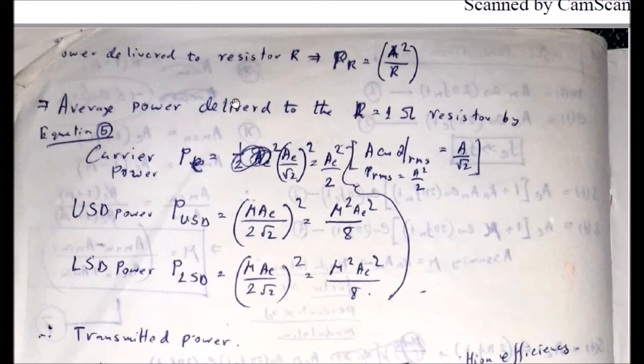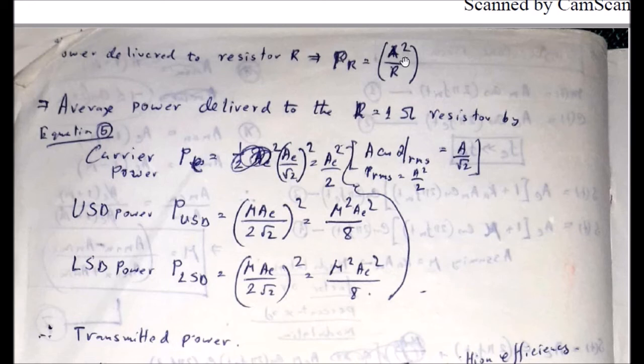Okay. Now see that, suppose power delivered to a resistor R, P_R. What is that? Amplitude square divided by R, where R is the value of that resistor. If you connect one A cos omega t source to a resistor of R, then that source will deliver the power of A square, amplitude square divided by R. This amount of power will be delivered to the resistor R. If the value of the resistor is 1 ohm, that means for unit resistor, the average power delivered to unit resistor will be simply A square.